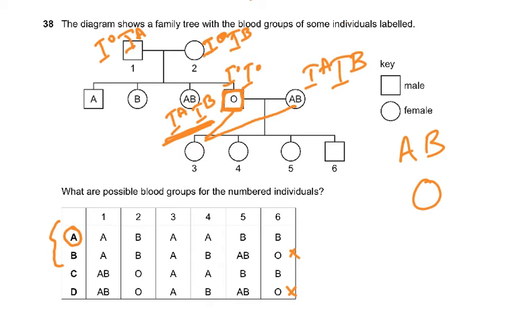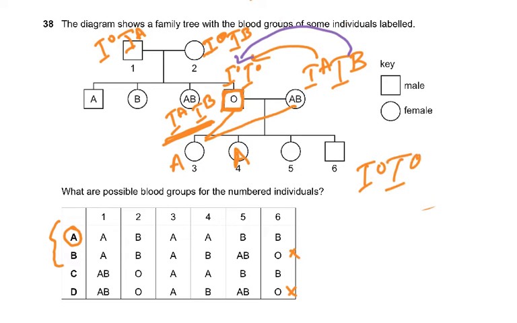So you had to understand how you had to go back in a pedigree chart. So 3, 4, 5, 6. 3 could have been A, yes. 4 could have been A, yes. Why? Because this A and O. Then 5 was B, yes, B and O. And then 6 could be B as well. So any combinations, what you had to understand is that you had to give me any combinations of IO, because